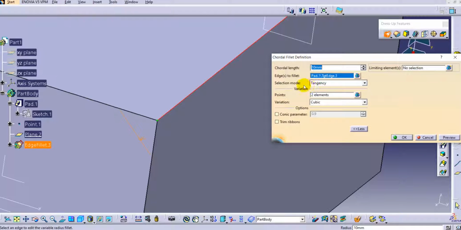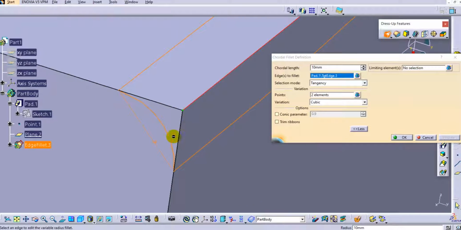So you already seen these options, so no need to discuss the tangency and minimal. So tangency will propagate in a tangency manner, and minimal creates a fillet on the specific edge you select. So now I will create a preview, and once you click on the preview, you can see the fillet is getting created over here.